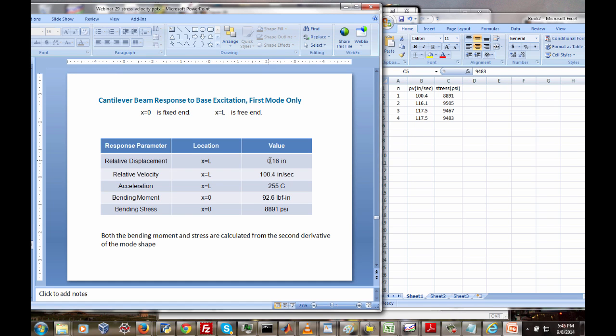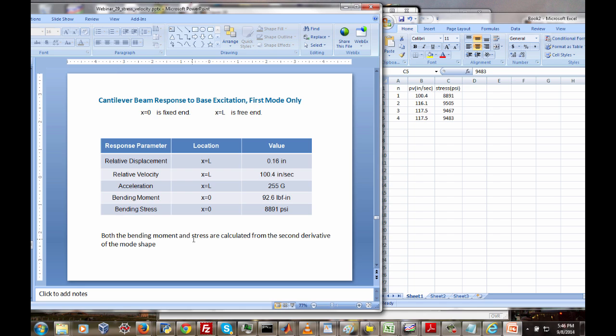we get 0.16 inches. The relative velocity was 100.4 inches per second. The acceleration was 255 g. The bending moment at the fixed end was 92.6 force-pounds, and the bending stress at the fixed end was 8,891 psi. And just a note here, both the bending moment and stress are calculated from the second derivative of